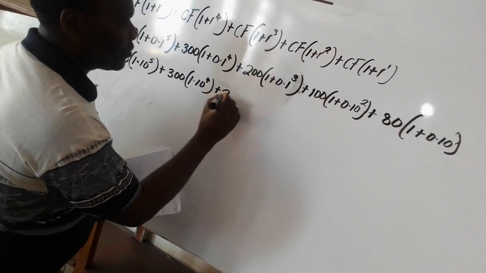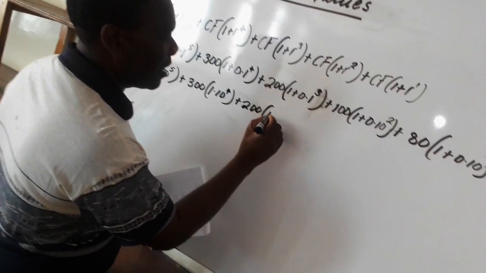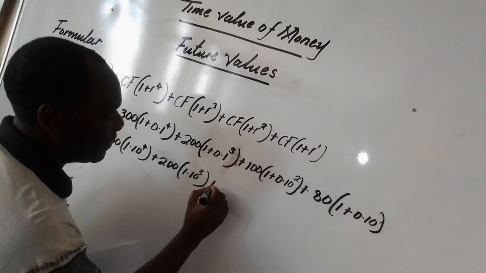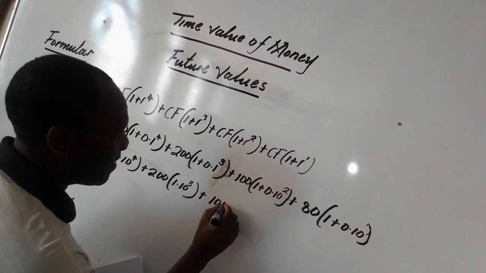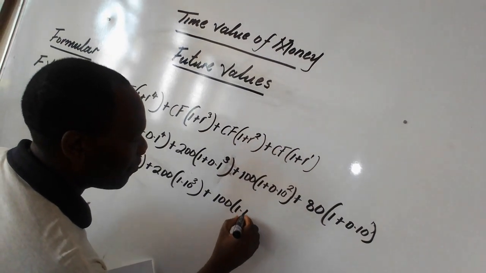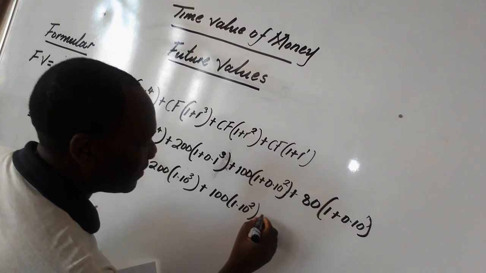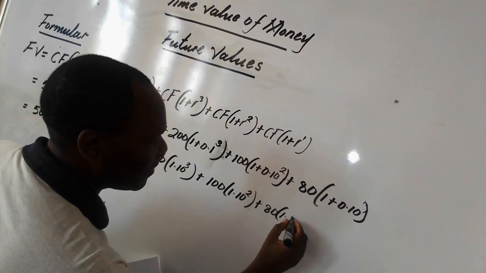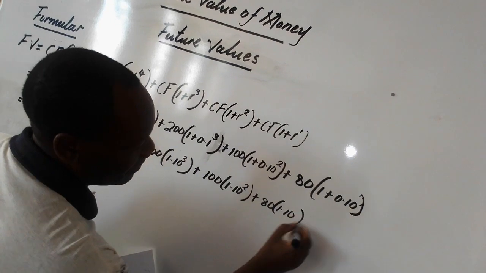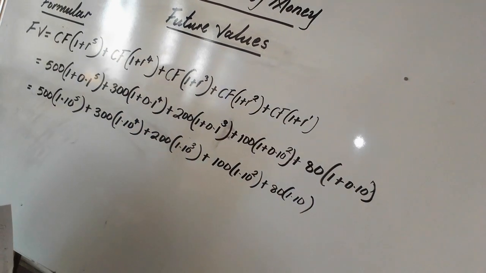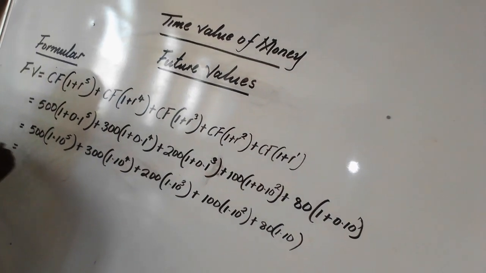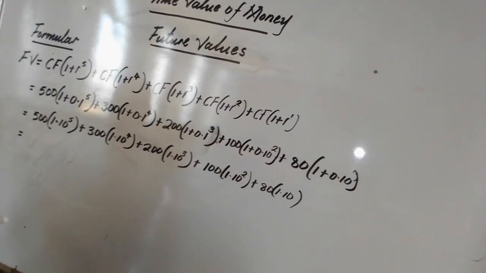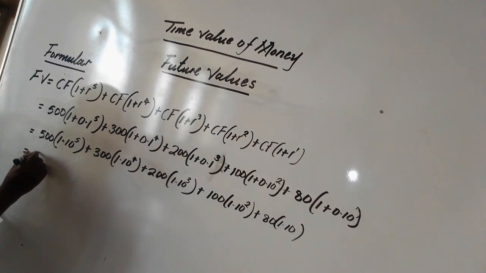The second one will be the 200, 1.1 to power 3. Again, you have the 100 there, 1.1 to power 2. And then you have the 80 there, which is 1.1. Okay? Even like this is the same. So, now, when you raise this one to power 5, it will give you